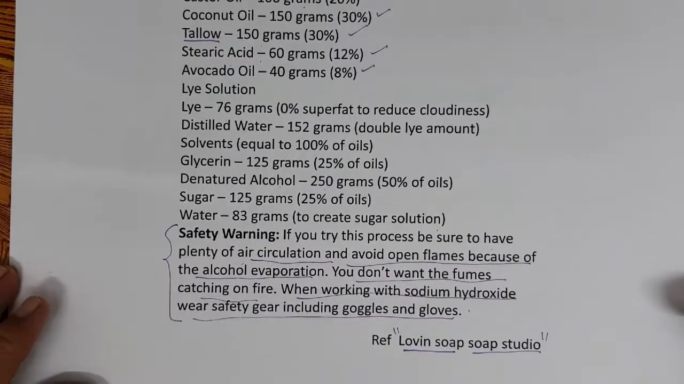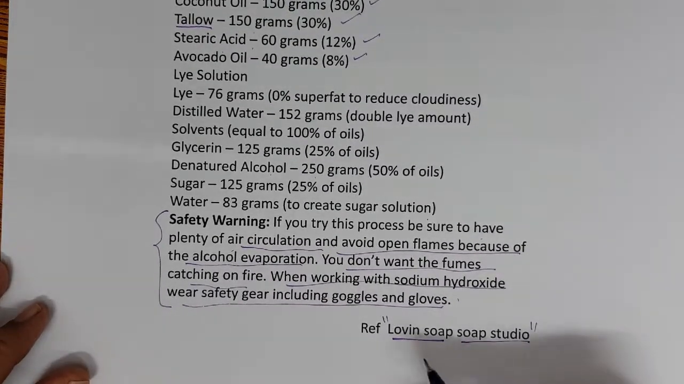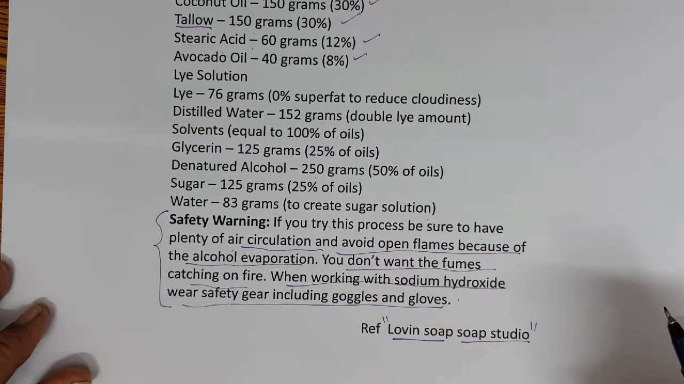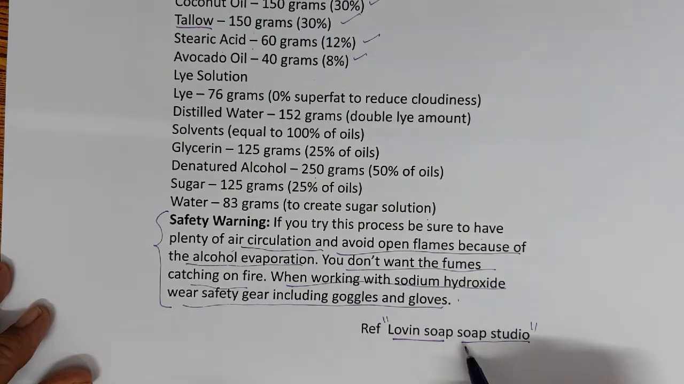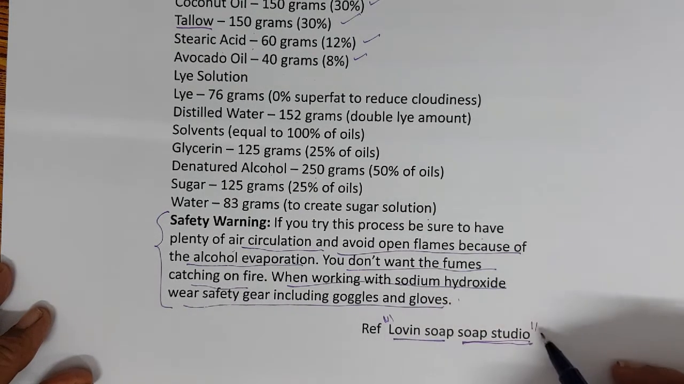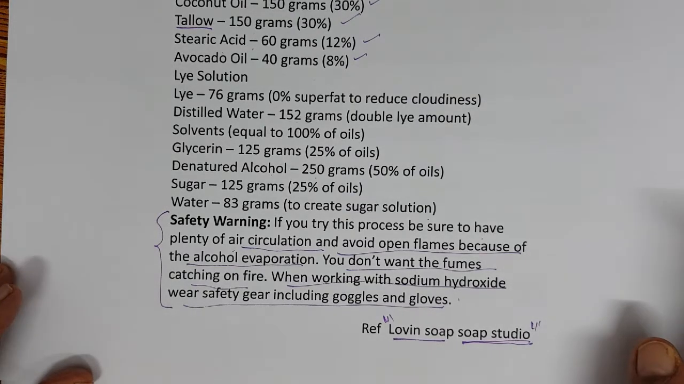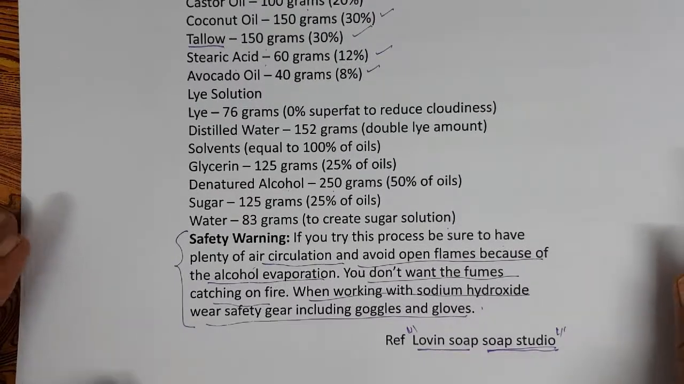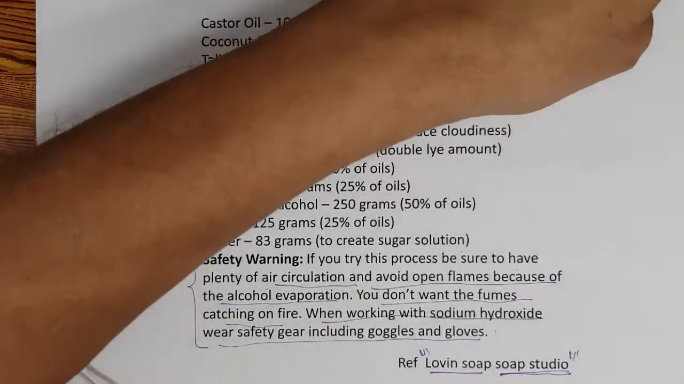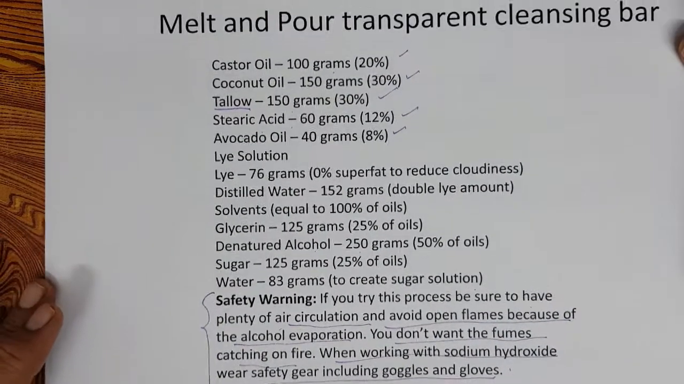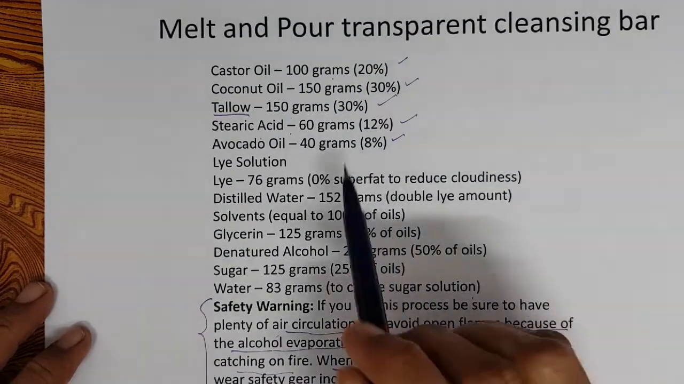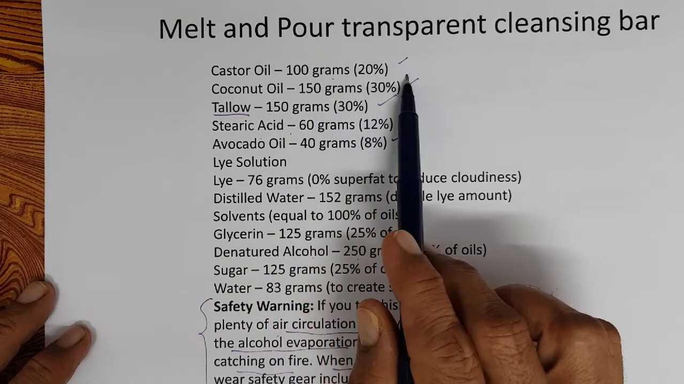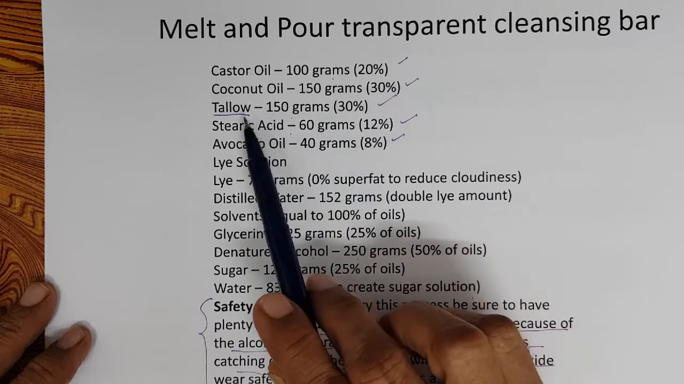See this formula, from a very passionate site for soap making. You can get into this site and see Lovin Soap Studio in Google. Fantastic. So people do a lot of trials, they play with a lot of ingredients and then they make soaps in the lab, right? Now one such formula is castor oil 100 grams, 20%, coconut oil 30%, 150 grams,